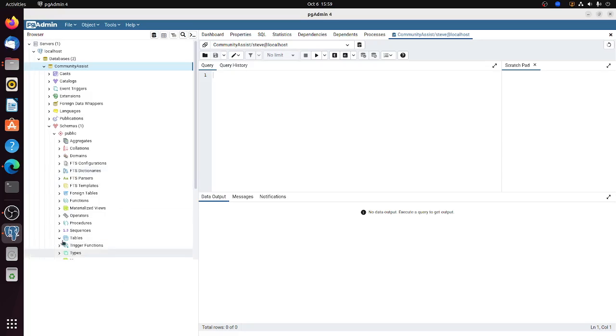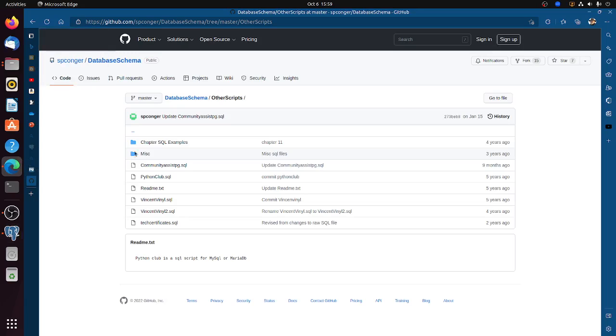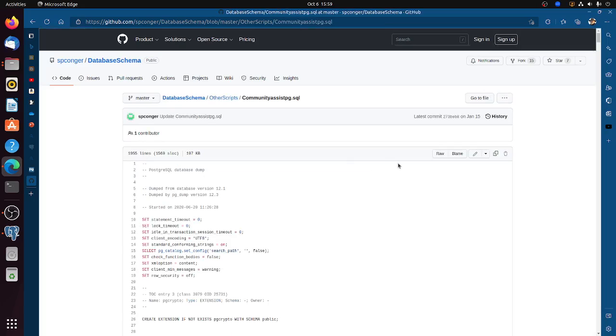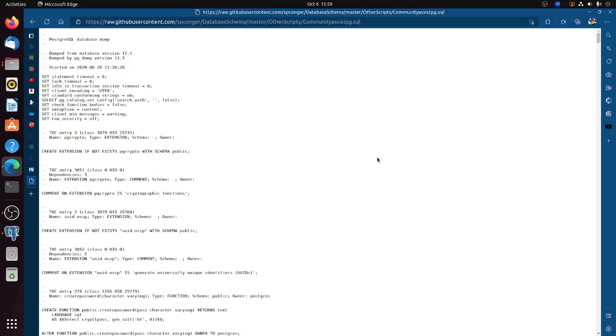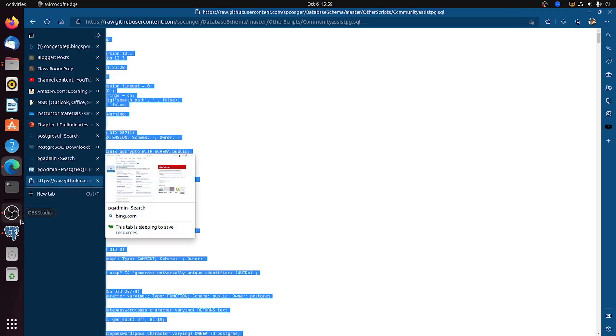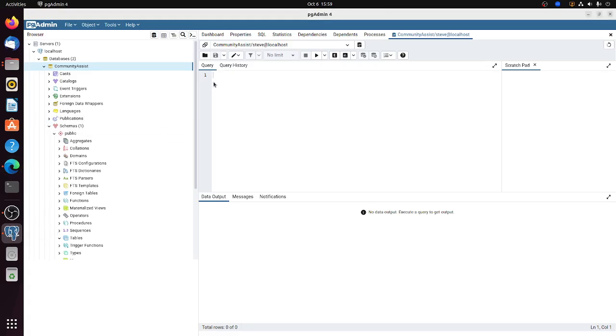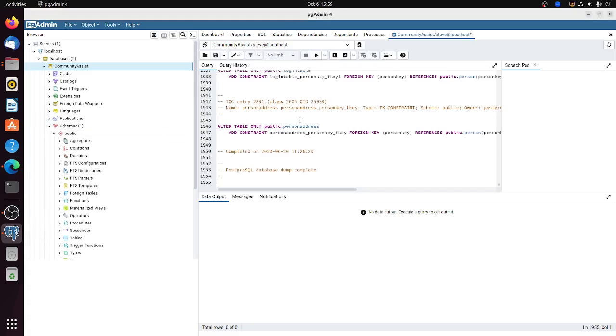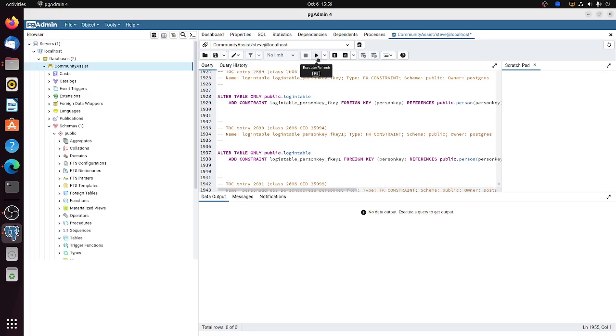All right, and then I am going to go back to GitHub. I'm going to click on Community Assist SQL. I'm going to click on raw because I don't want any formatting information in there. I'm going to do a Control A to select all of it, Control C to copy it, and then I'm going to go back to pgAdmin and right click and paste, and then I'm going to run it. I'm going to click the little execute refresh tool. F5 also works,